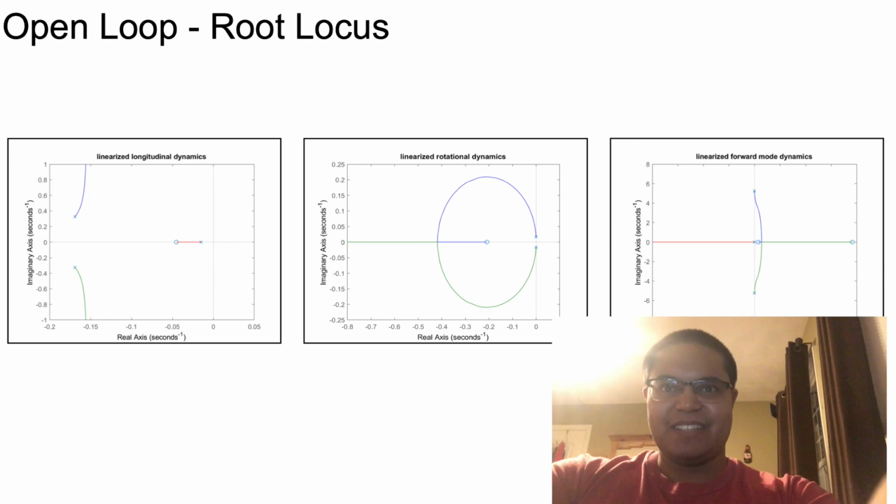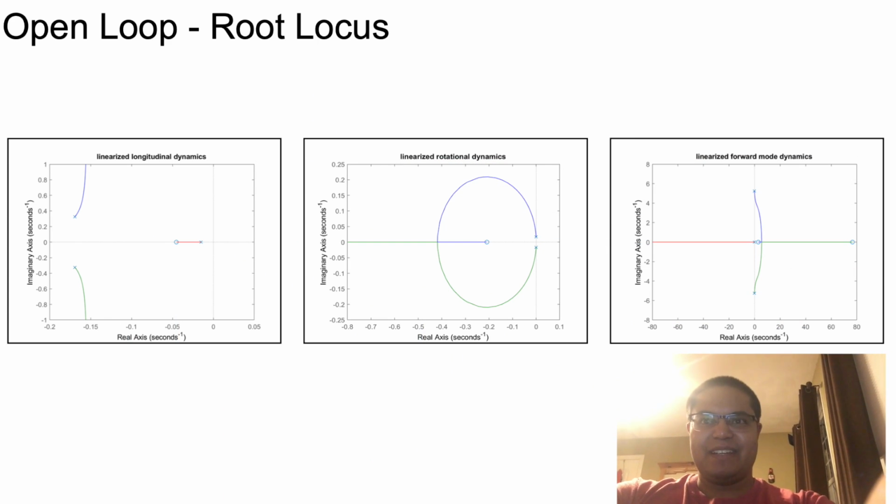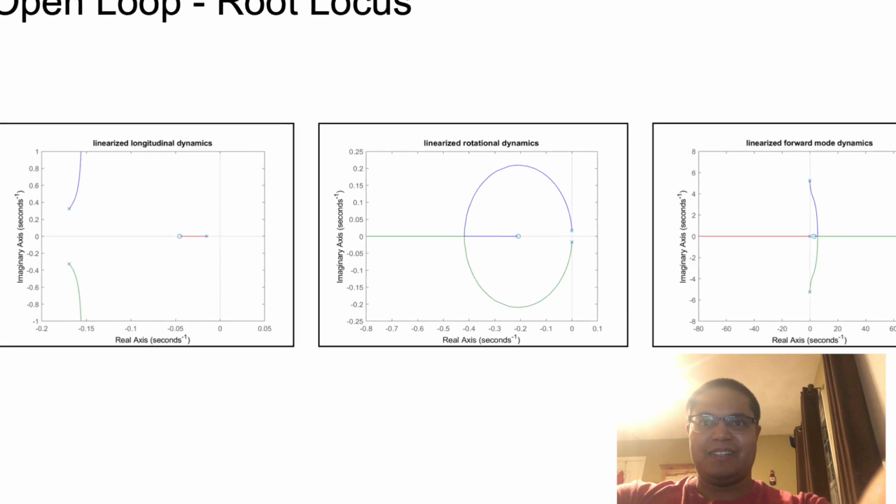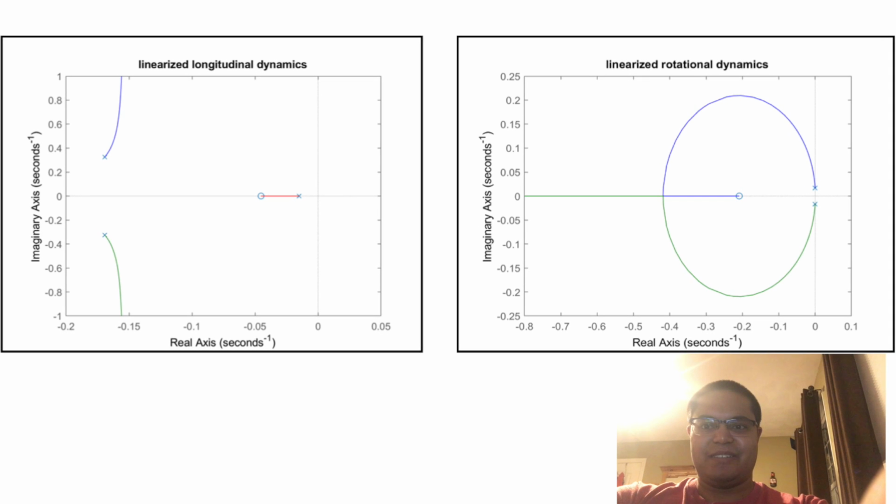The slide shows the three root loci representing the three dynamical systems: longitudinal, rotational, and forward mode dynamics. The root loci for the longitudinal and rotational dynamical systems show that their respective systems are stable for all gains greater than 0 because the root locus does not cross the imaginary axis and stays in the left half plane